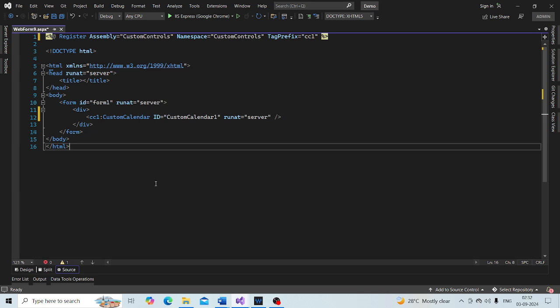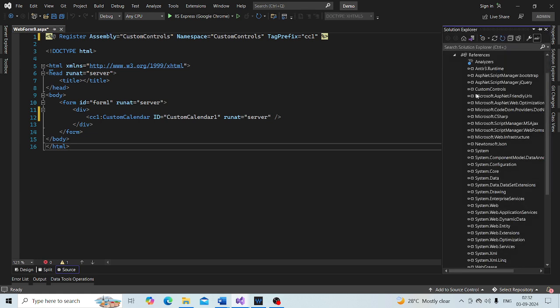Now when we dragged and dropped that custom control from the toolbox onto the Visual Studio web form, three things happen. The first thing is it has added a reference to the assembly custom controls that contains that control. And the second thing, it has automatically generated